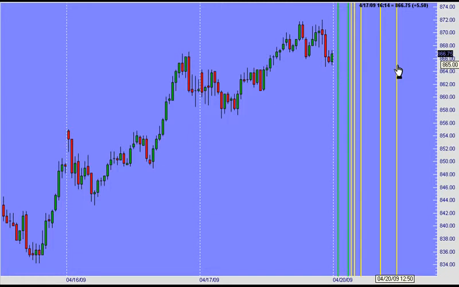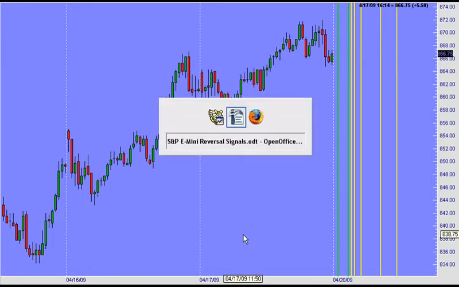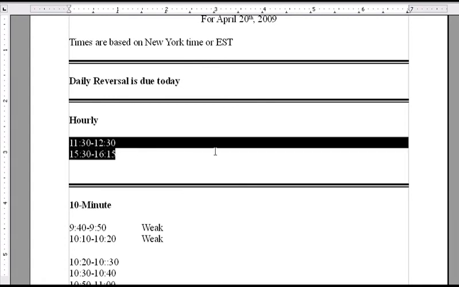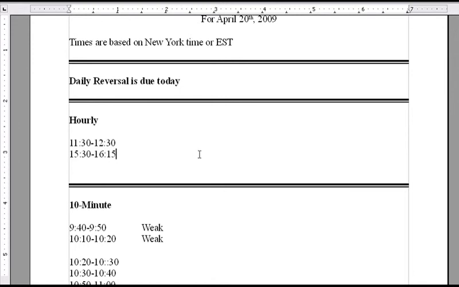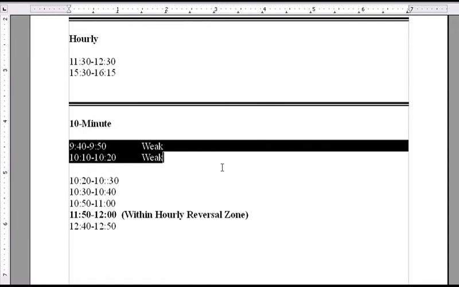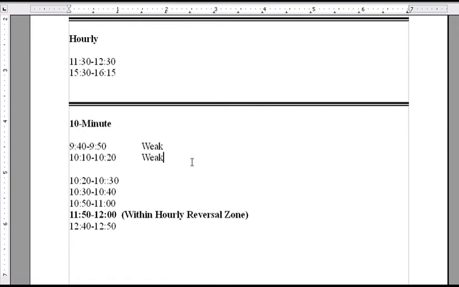And one from 11:50 to 12 o'clock, and then one from 12:40 to 12:50. Now, if you look at the times, we've got the 11:30 to 12:30 and 15:30 to 16:15 hourly times where the reversals do show up. The first two reversals we have on the 10-minute, which are 9:40 to 9:50 and 10:10 to 10:20,